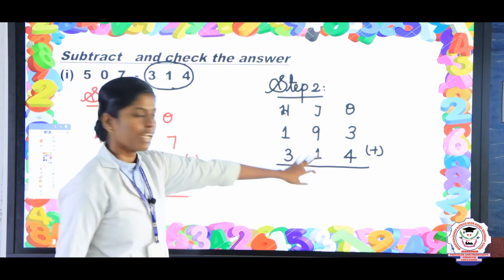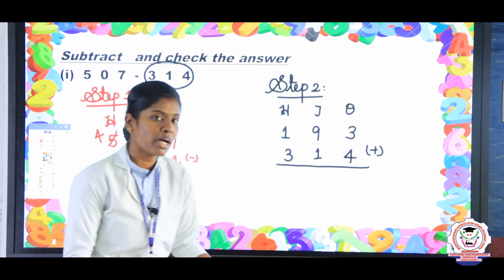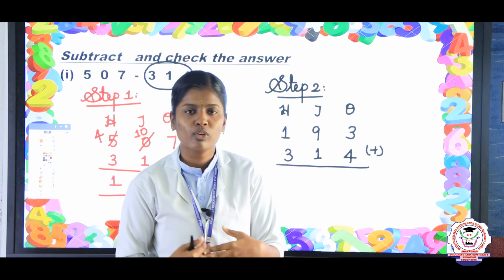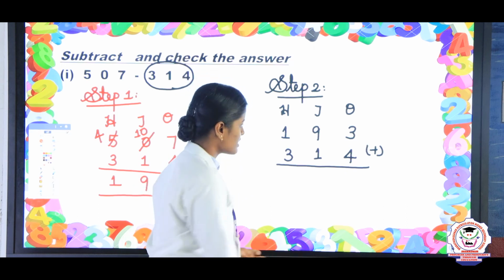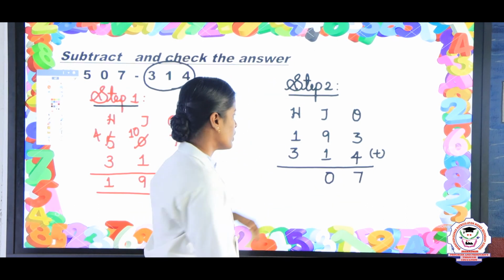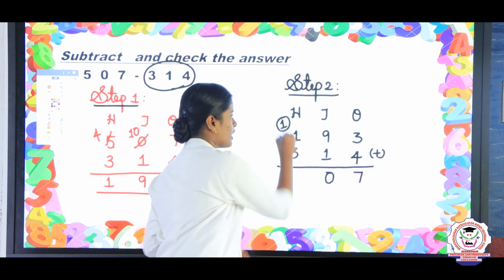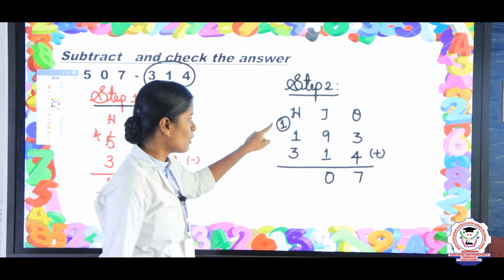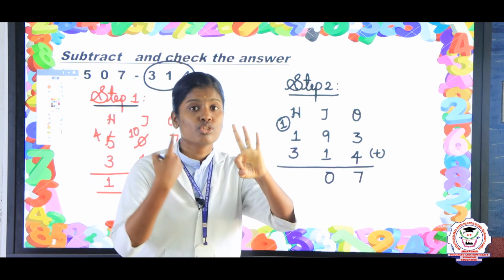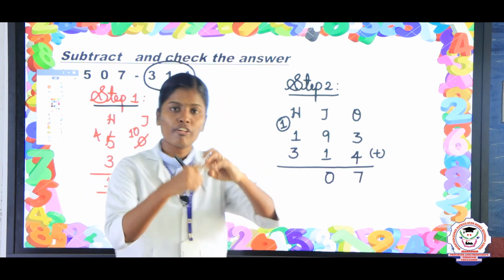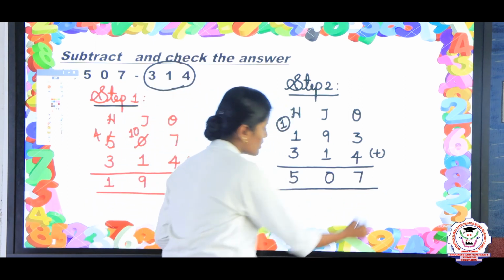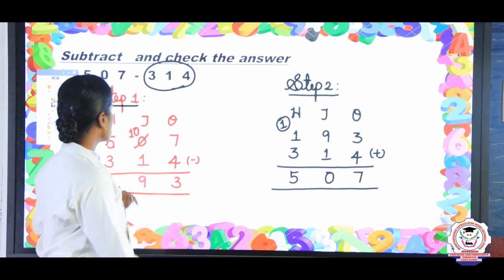Now, listen here, take the ones place values, which are 3 and 4. Now, tell me Anjali, what is the answer for 3 and 4? Very good, the answer is 7. So, 9 plus 1, the answer is 10. So, write 0, carry 1. Now, we are going to add these 3 numbers: 1 plus 1 is 2, keep 2 in the mind, 3 on the fingers. So, 2, after 3, 4, 5. The answer is 507.